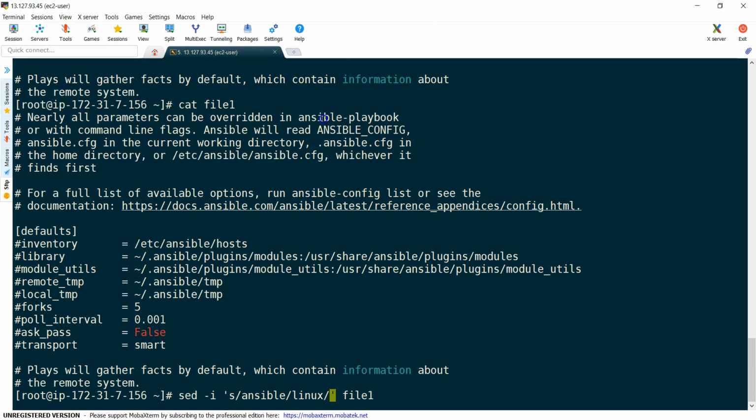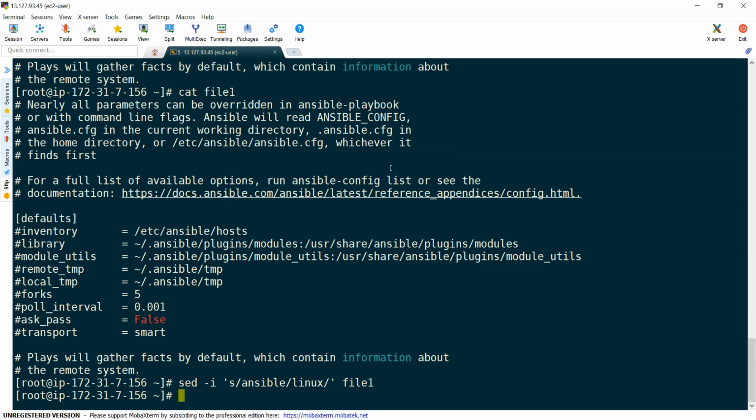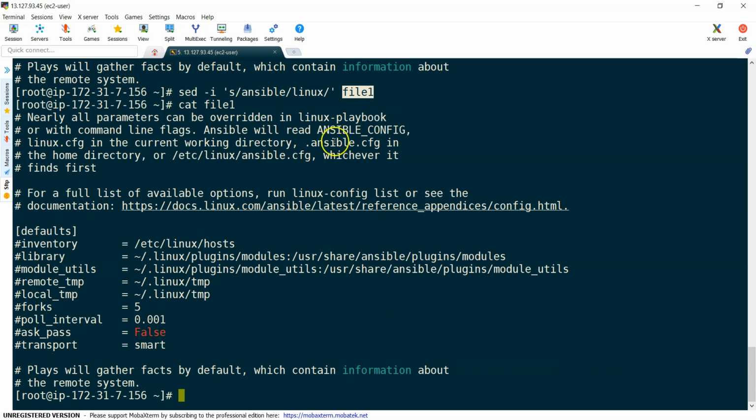so that it only replaces wherever it finds Ansible alone. Here there is a minus, so it considers this as a separate word, but it is not considering this as a separate word. Again, this is considered a separate word, and this as well, this as well. Okay, let's execute it, and you can see there is no output. But if I open my file now, you can see the changes in the actual file.